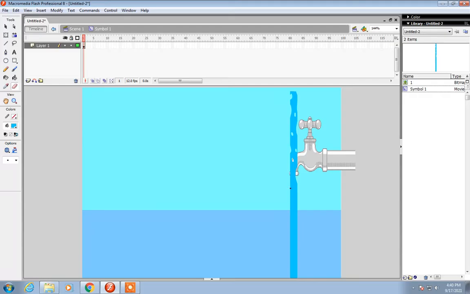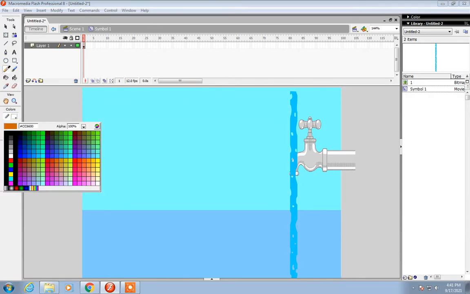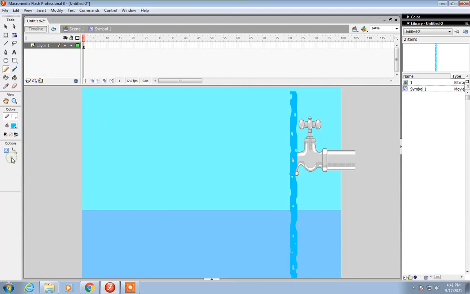Something like this, you can just include. So now we have almost edited the rectangle so that it looks like flowing water. Now if you wish to include some white color lines in between, you can make use of the pencil tool and then use white color. Over here you can include some sprinkle-like lines. If you wish to, you can just add it over here. I'll make use of smooth lines so that it will look good.